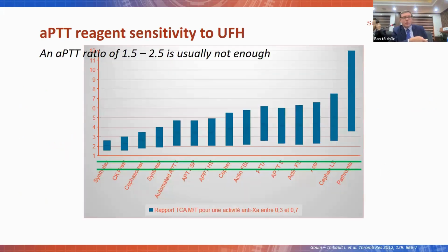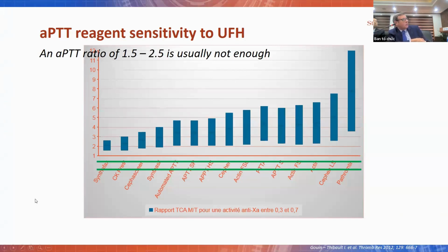One limitation of the study also is that the reagents that were available in 1972 are certainly very different from the ones that we have today. And even if we look at the ones that we have today, this is a study published 20 years back already, but most of the reagents are still there. And they compared the sensitivity of the different APTT reagents to heparin. And this is what